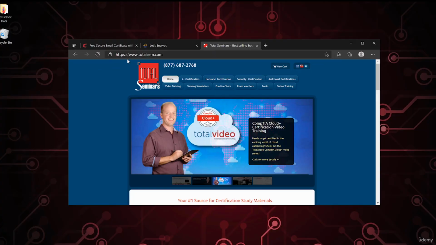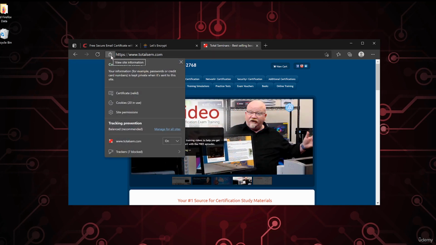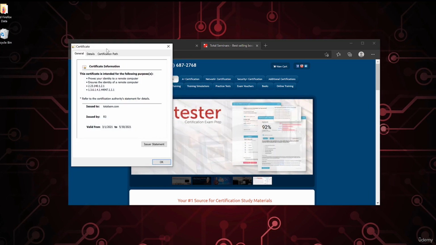So here we are. If you look way up at the top here, zoom in right here. Do you see that little lock? That shows us that we are on a secure connection. All web pages are today. You see the HTTPS, of course. But if you want to just see the certificate, all you've got to do is click here, and we can